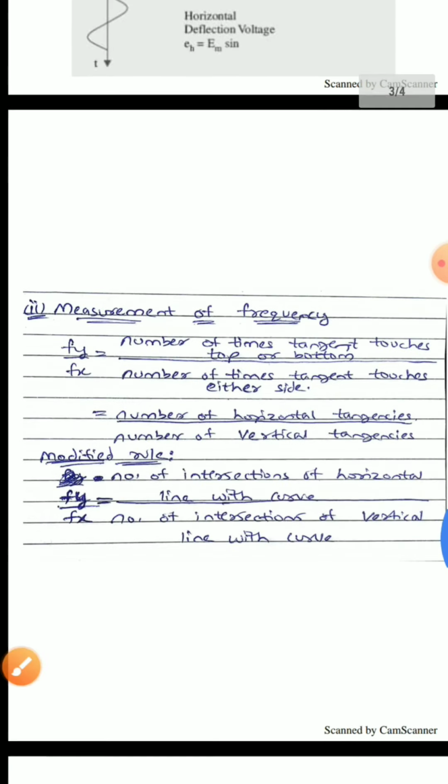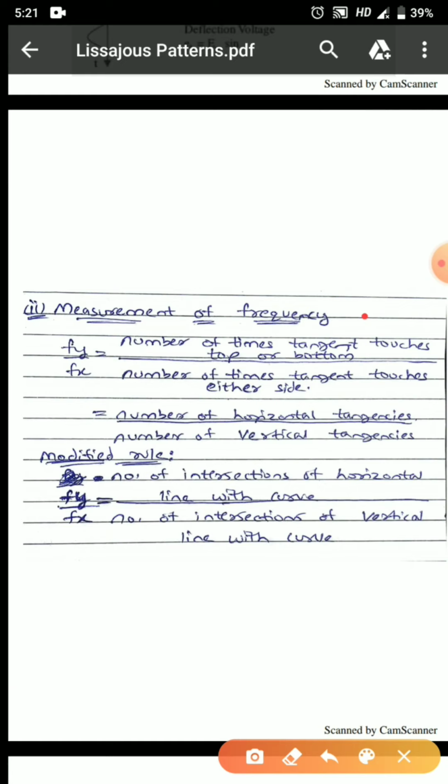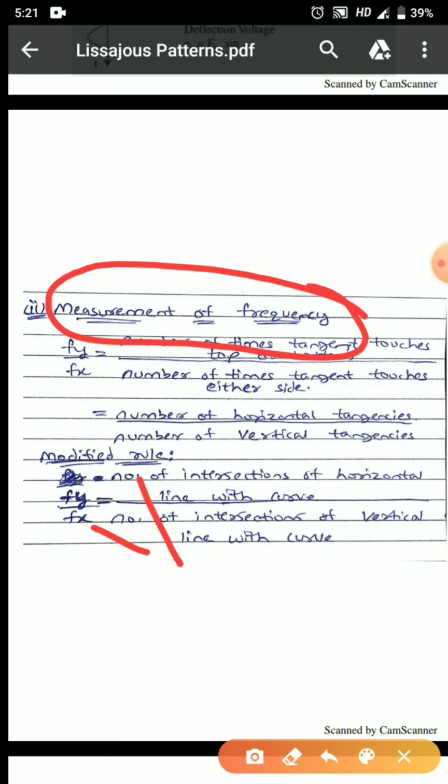The second thing that we are having is frequency measurements. That is how we can measure frequency using Lissajous patterns. Now for this, one thing that we have to keep in mind is that previously the frequency values were the same, now frequency values will not be the same. Right, now here we can see that the signal whose frequency is to be measured will always be applied to the Y plate, and an accurately calibrated standard variable signal, that is, for example, a known frequency value signal, will be given to X.